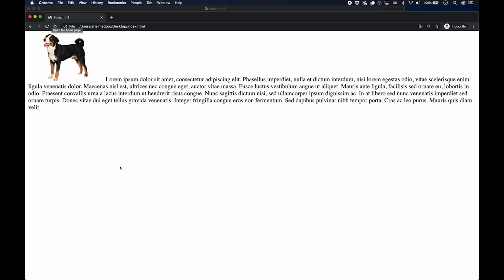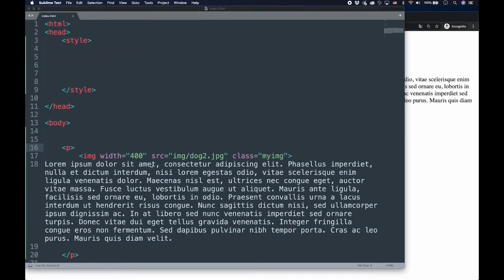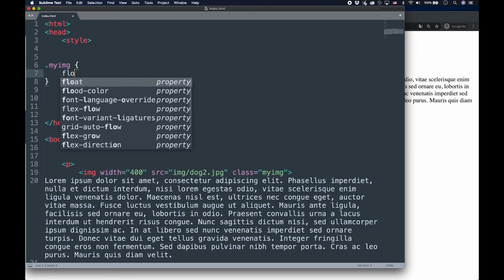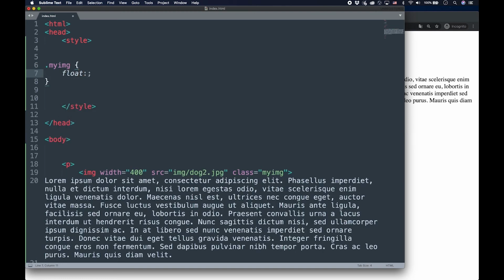That's okay. So for the float, I want the image to float somewhere. It could be to the right, or it could be to the left. All right, let's go ahead and add some style to my img class. The first thing I want to do is type the property float, and just to show you, I'm going to say right. Okay, I'm going to click save,